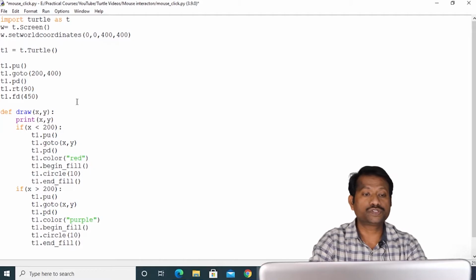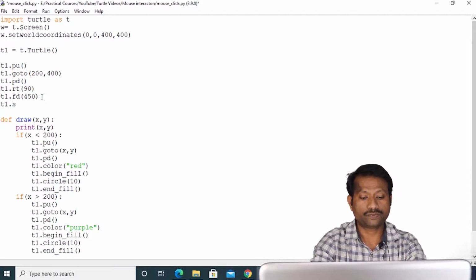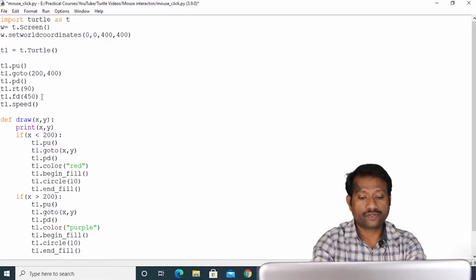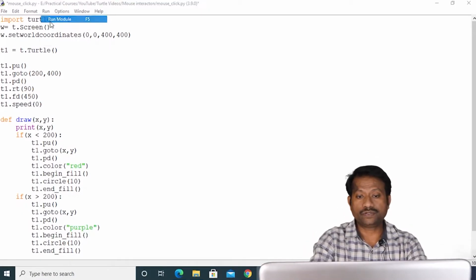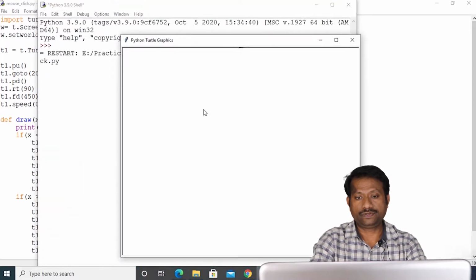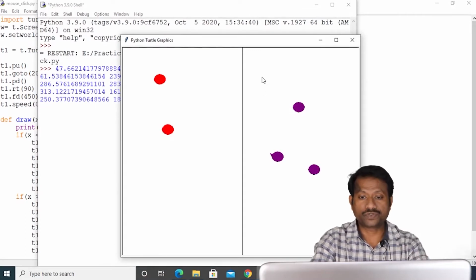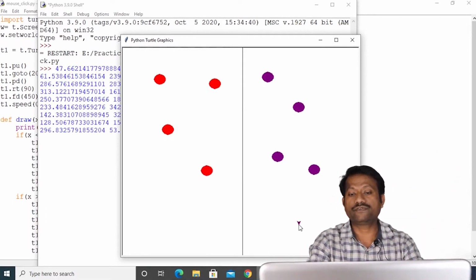And we have to increase the speed, so we have one command, that is speed. I say t1 dot speed. This is the fastest speed. You can say 0. If I take 0, it will draw with the fastest speed. So let me run this code again. Now you will see, yes, it is drawing the circle at the appropriate position. If I click towards the left, it is drawing a red circle, and if I click towards the right, it is drawing a purple